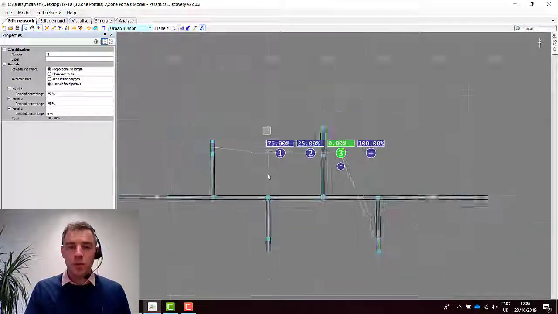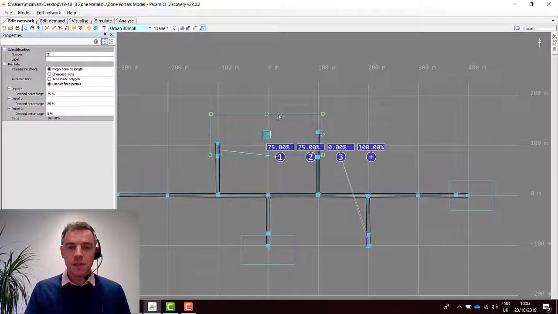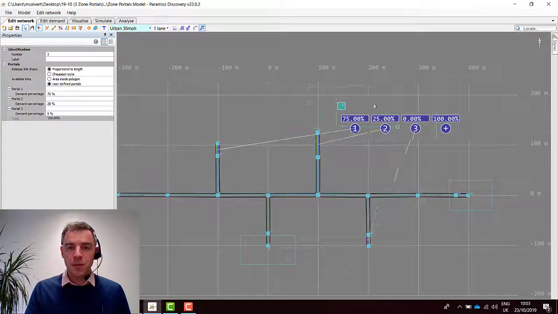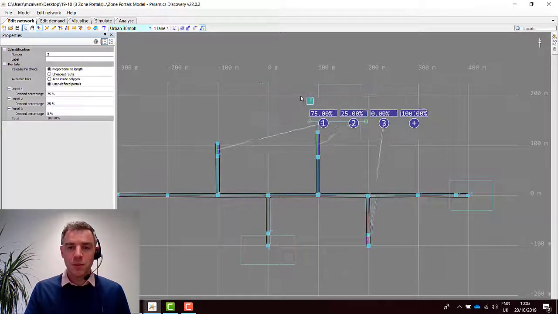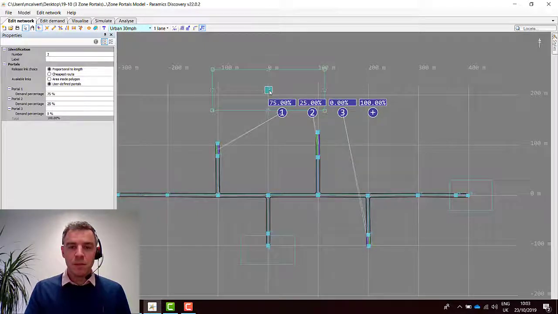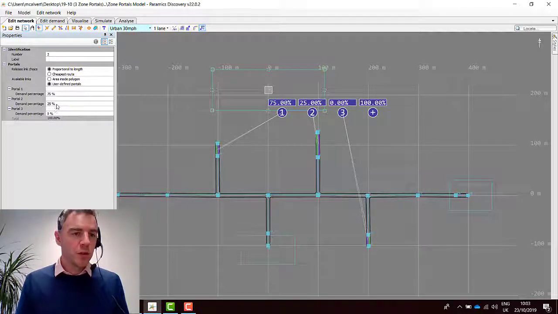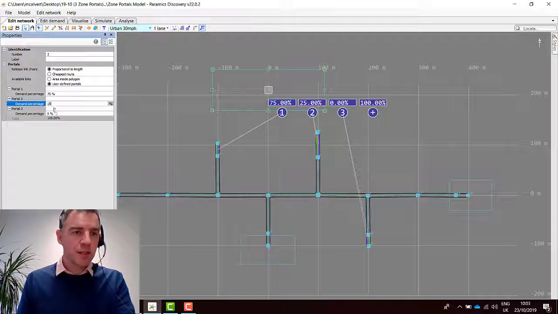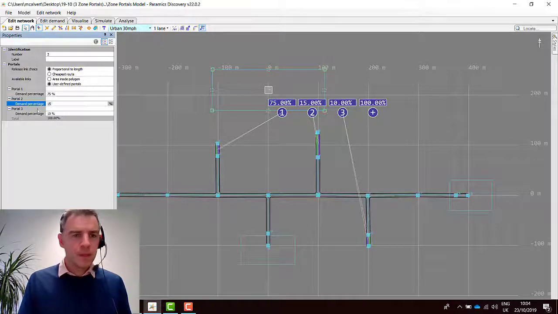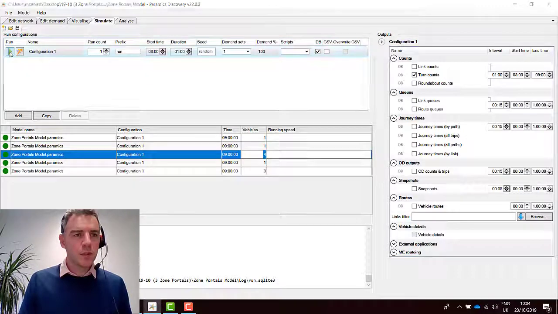Now when zone portals are created from a zone, the zone placement is irrelevant, so we can move that zone to any location that we choose, and you can see the portals moving with it. And then what I want to do is define my demand percentages to get the split that I'm looking for between zone portal 2 and 3. So let's say 15% are from 2 and then the remaining 10% from 3. And I'll save that, and again we'll simulate,